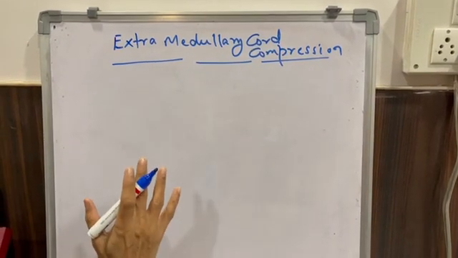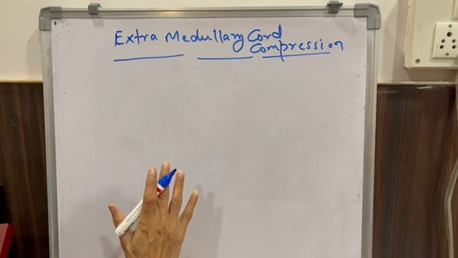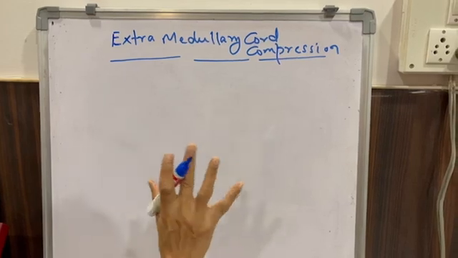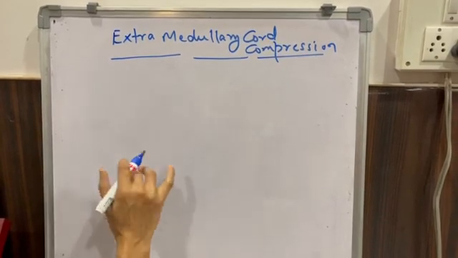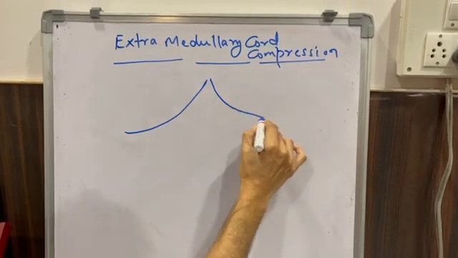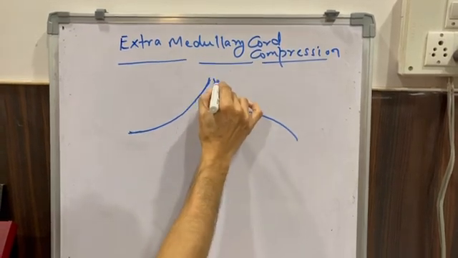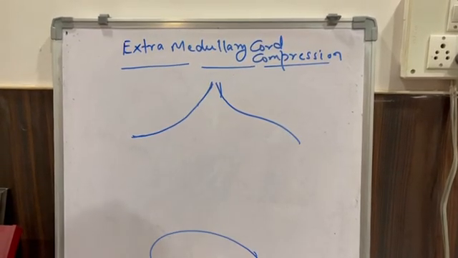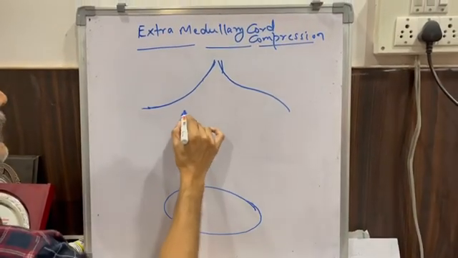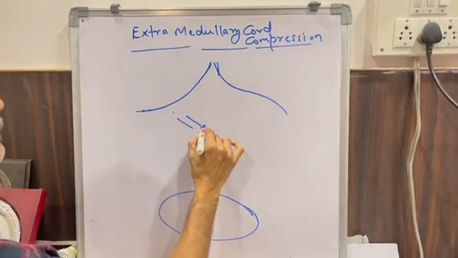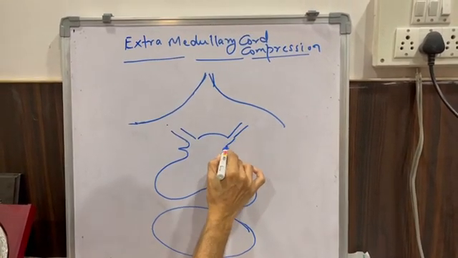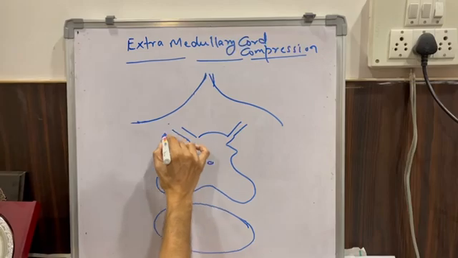What is the basic etiology, what actually it is, and how a patient of extramedullary cord compression will present clinically. So first, to just learn the basics, spare me the engineering drawings, but yes, let us see the basics. How things are there, like this is the spinous process of the vertebra. This is the body of the vertebra. Engineering drawing I am doing, and this is the spinal cord.